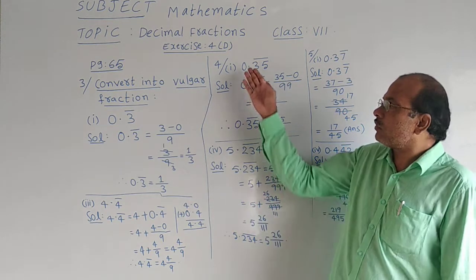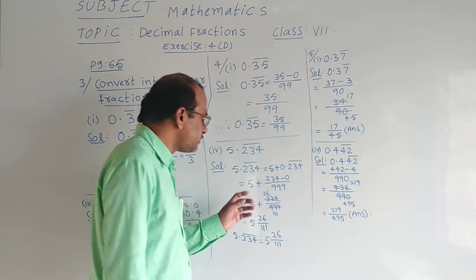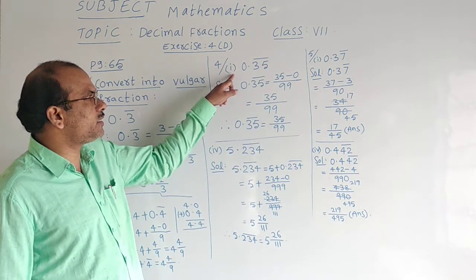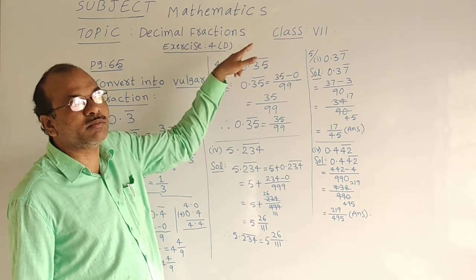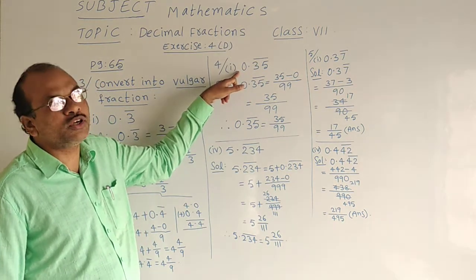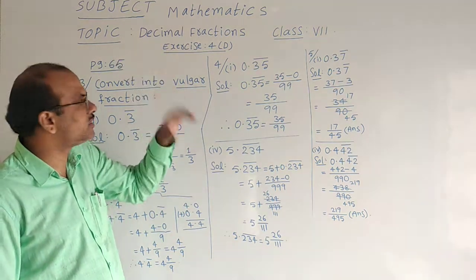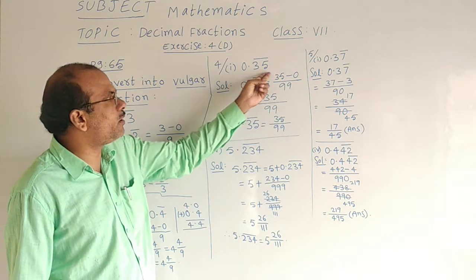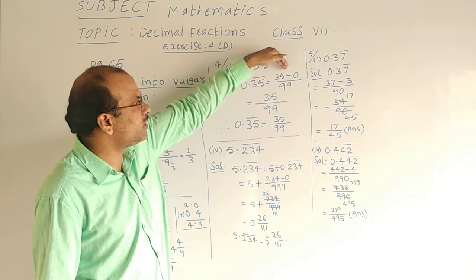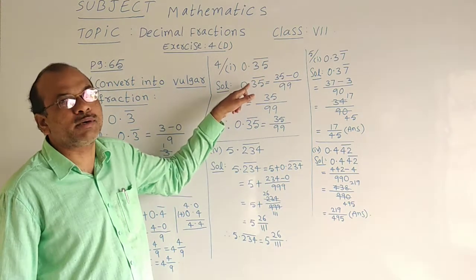Okay, now? Then we will go for the same page, fourth question. See once. Question 4, first bit, 0.35 bar. 2 digits are having bar and starting is 0 is there. Then we can continue our work in the same like previous. Given question is equal to these 2 digits which are under the bar were written here, 35, minus. Other than this 35, nothing is there in the decimal part.